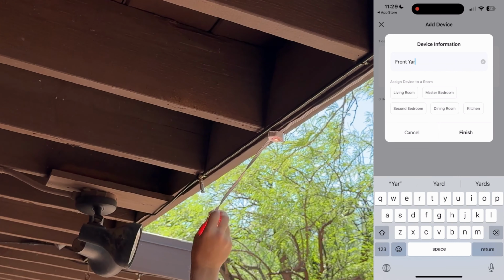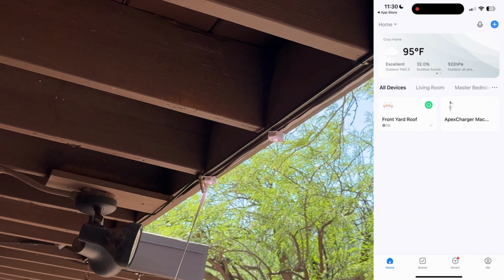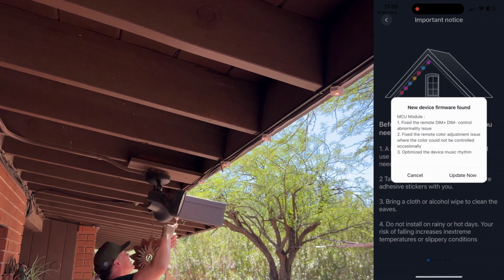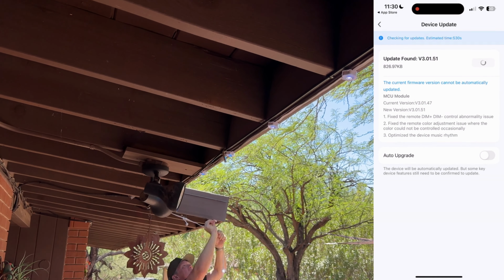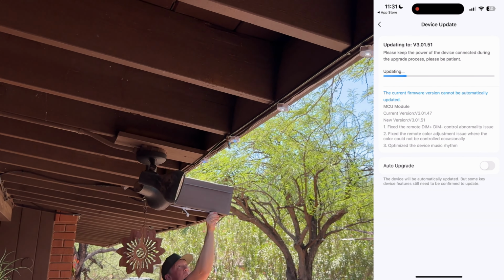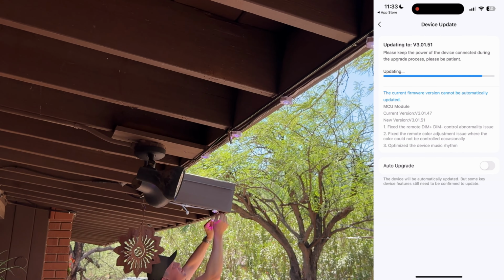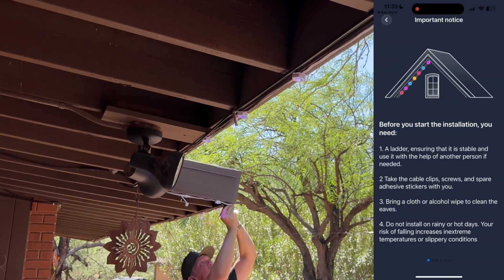You can see here that I'm setting up the app on the right hand side just so we can kind of multitask here to get through this video and you can see everything. But the app was very feature rich. It was super easy to get the lights connected up because it uses a very widely used and popular app called the Smart Life app, which I use for a few other things already. It's compatible with Alexa and Google Assistant and is very feature rich and easy to use. I'll show you here in a second actually controlling the lights, but the install,